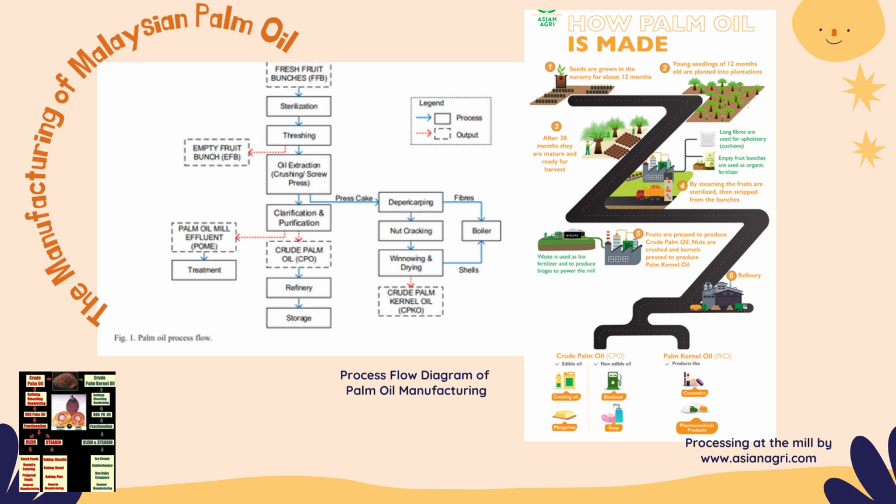So in the depericarping station, a cake, which is a mix of mesocarp fiber and seed, will be separated. The mesocarp fiber will be used as biofuel in the palm oil mill's boiler, which can produce steam to drive turbines to power the mill, while the remaining palm seed, known as kernel, will be cracked